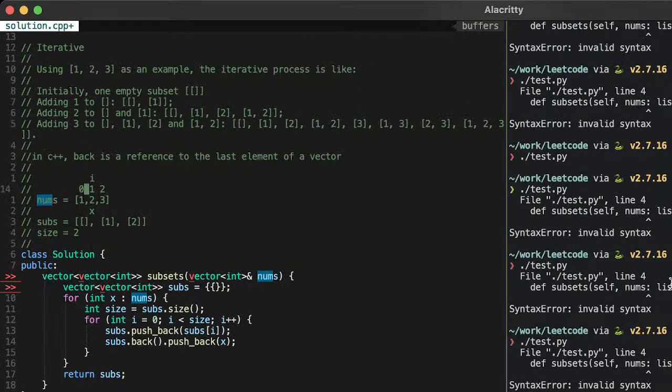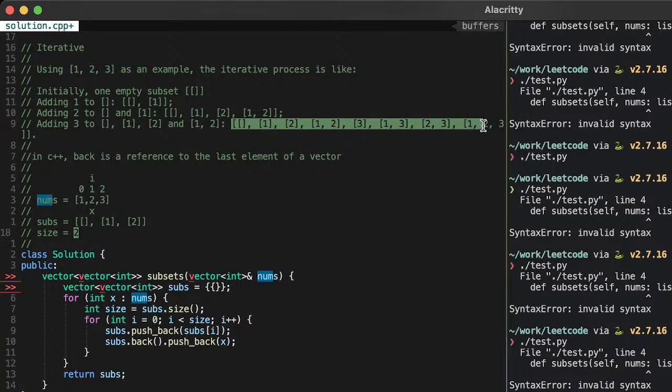And the plan is we're just going to keep track of intermediate variables. So what are the variables? You know, nums, x, subs, i. Yeah, so just keep track of these as we walk through. And the original input we're going through is 1, 2, 3. So the input here is 1, 2, 3, and the output is this guy right here.